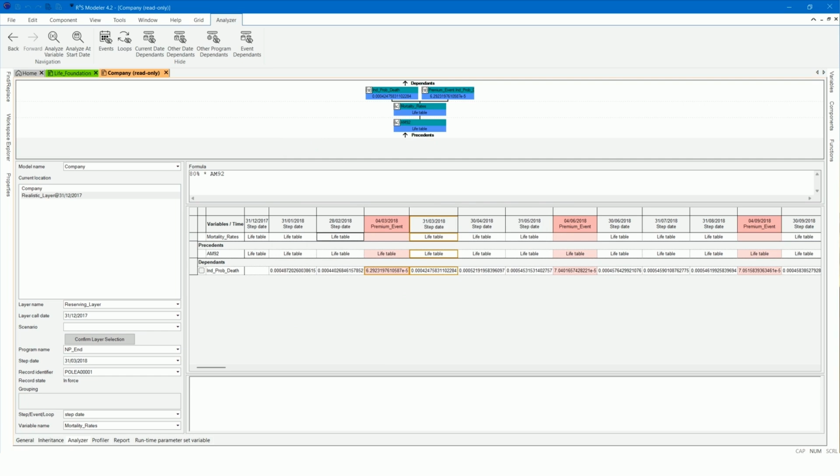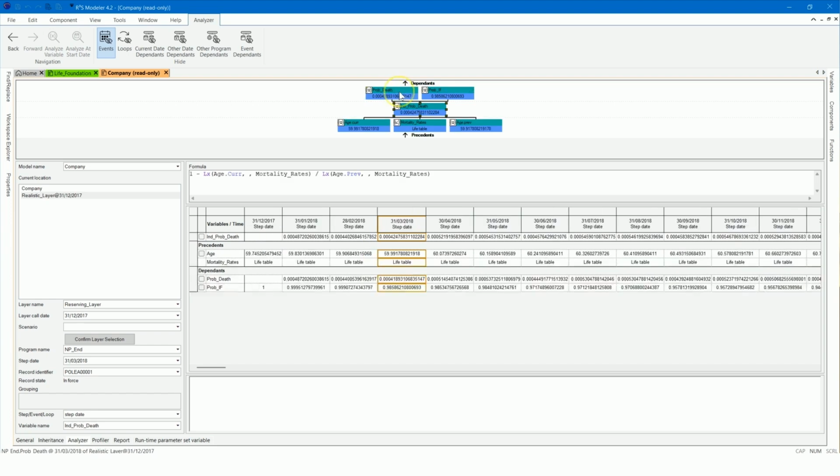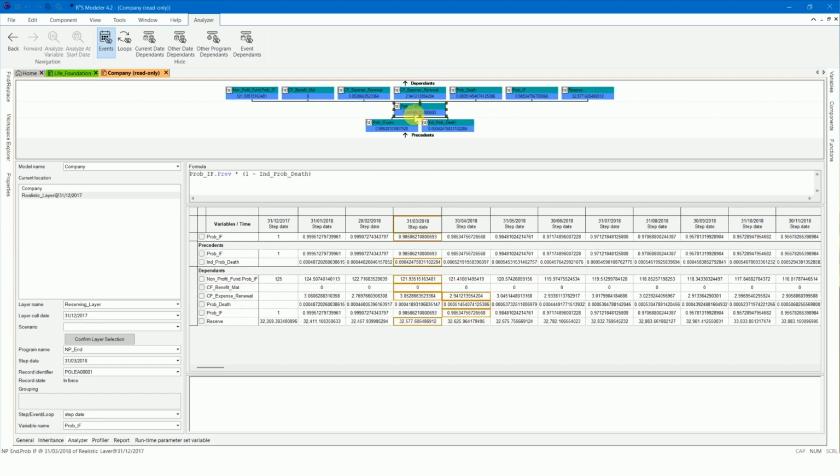You can also choose to hide or show events from the ribbon, depending on whether they take up too much space in the results grid. Finally, you can navigate between previously analyzed values using the arrows in the ribbon and move between variables by clicking the variable boxes in the diagram view.